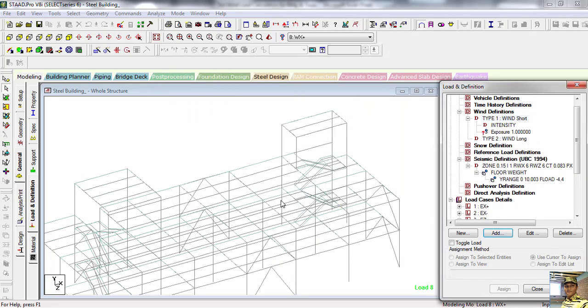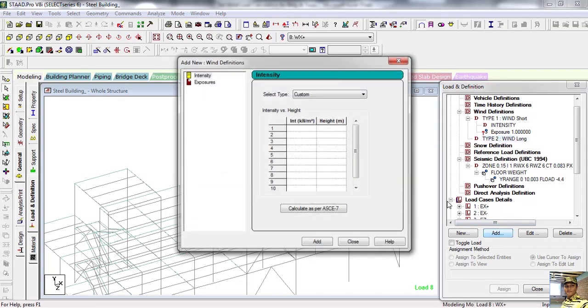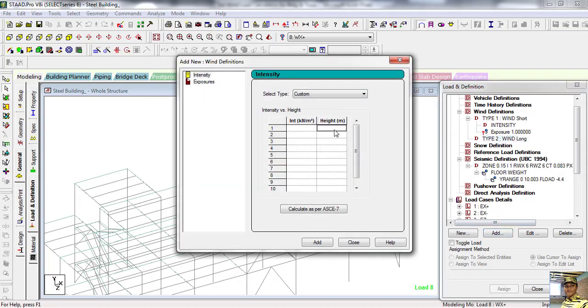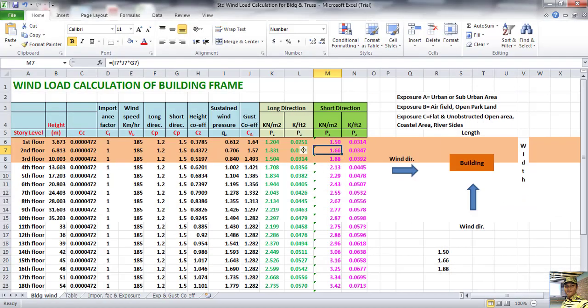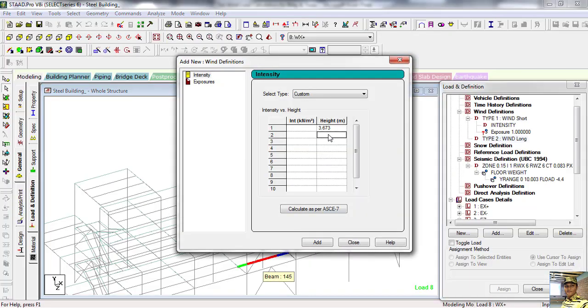Add, close. Same way type 2, wind long direction, add. Same heights: 3.673, 6.813, 6.813, and top height 10.003. Now put the intensity.